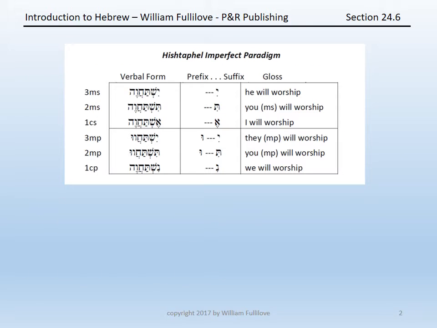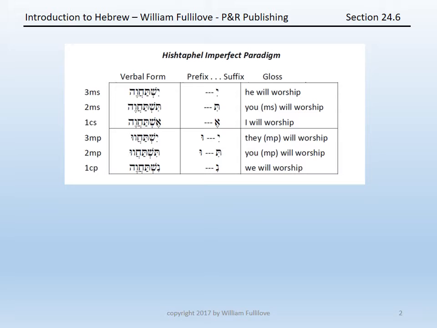6 forms of the hishtafel imperfect are attested in the Hebrew Bible. The third masculine singular is yishtahaveh. The second masculine singular is tishtahaveh. And the first common singular is eshtahaveh. The third masculine plural is yishtahavu. The second masculine plural, tishtahavu. And the first common plural,